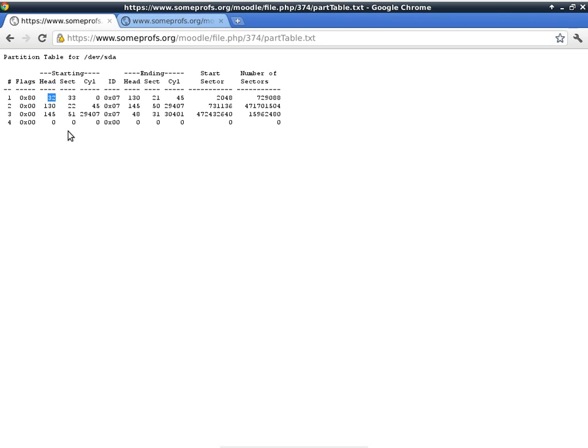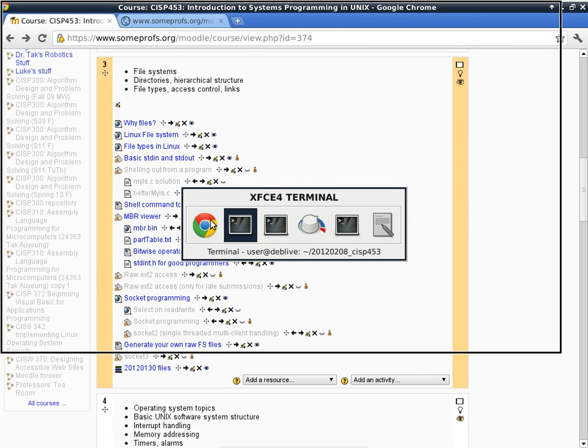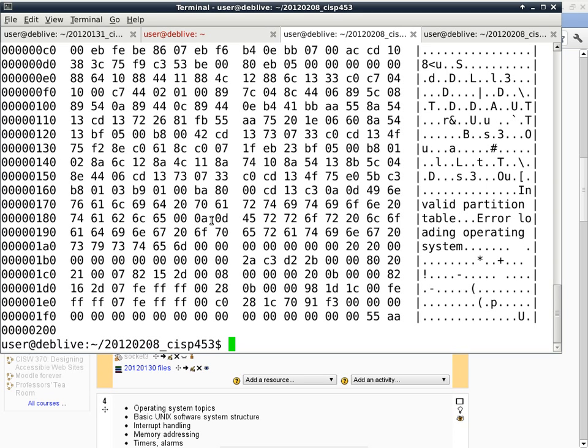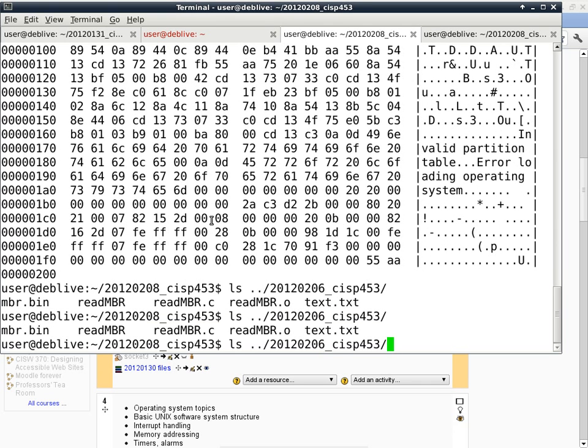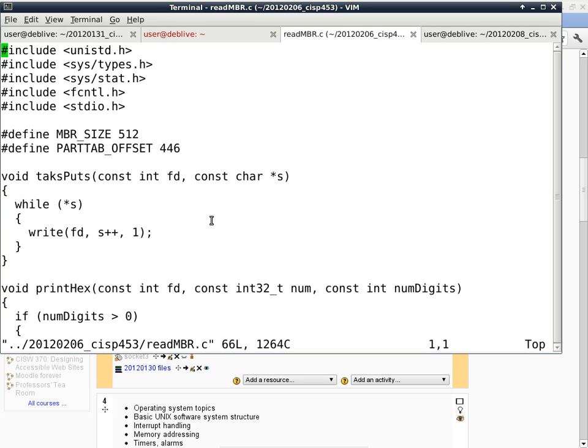Alrighty. Now let's go ahead and move on. What were we doing last time? I cannot remember what I was working on. Let's take a look at the folder from last time. 0206. Okay, we were working on the read mbr.c program, and we were talking about stuff like conversions,